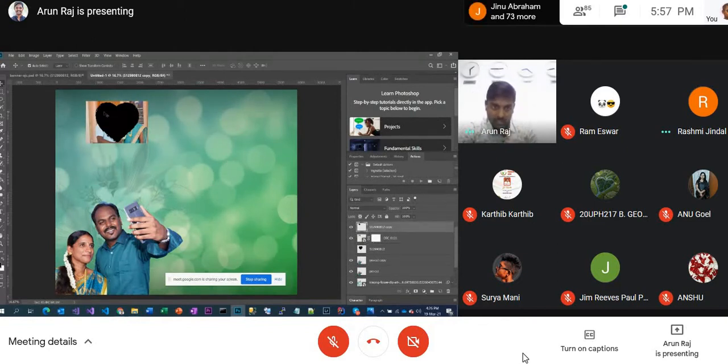Then I am copying this and then clicking here and then pasting the layer with the black. One minute, sorry.